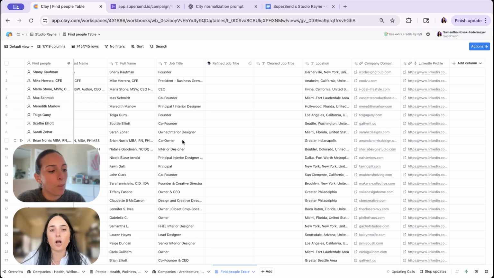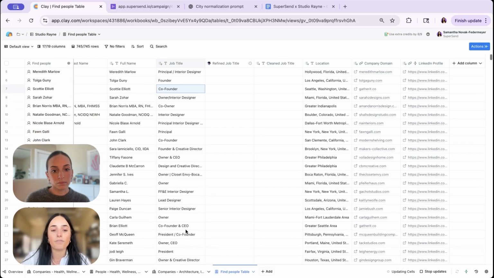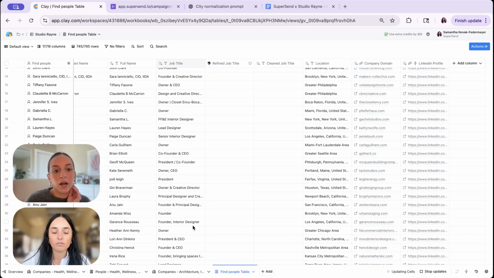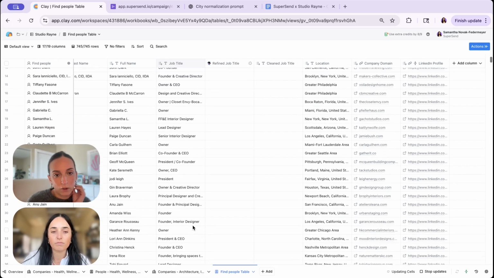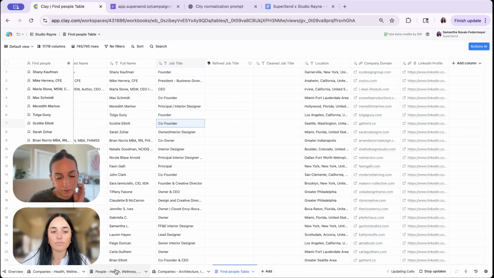Well, basically, all of these job titles are coming from their LinkedIn, but then I'm normalizing them so that it says president. I'm normalizing them for their industry. It's doing research on their company, on their LinkedIn, and I also inputted the sentence it needs to fit into. So it's not going to say most co-founders and CEOs I talk to, it's going to say most business owners.